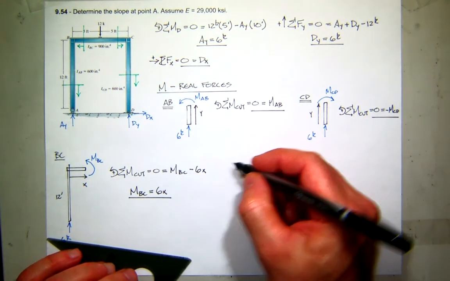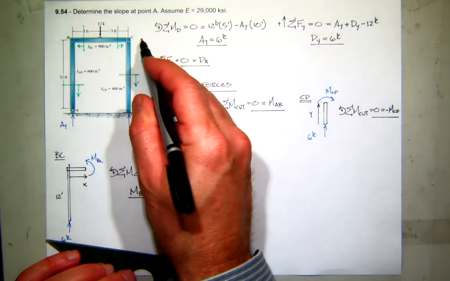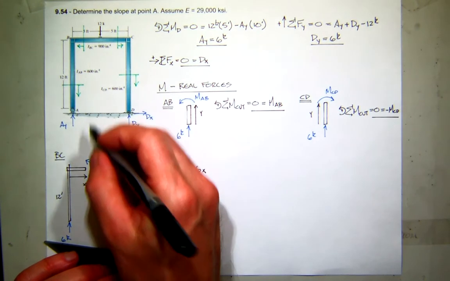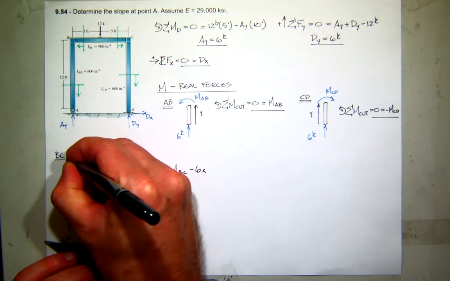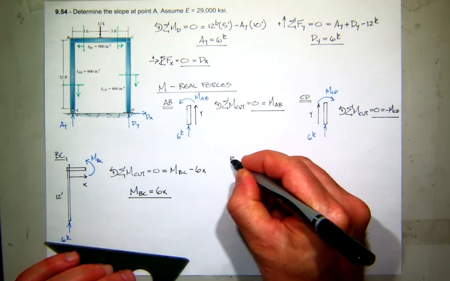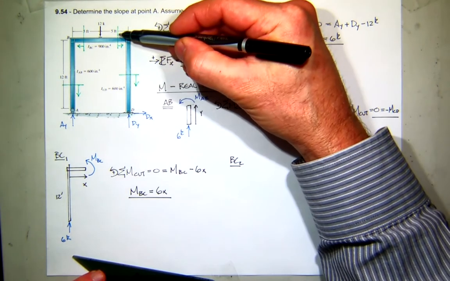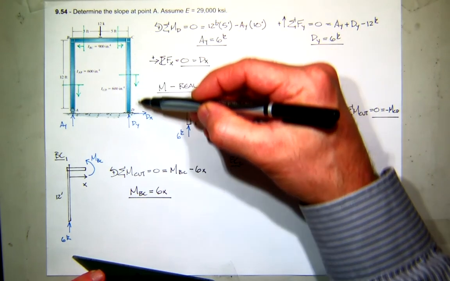So we're going to go now. This is BC, but really it's not all of BC, right? It's like just for the first 5 feet. So I'll call that BC1. The other one will be the other side of BC. I'll call that BC2. In that case, when I make my cut here, I want to look at all the